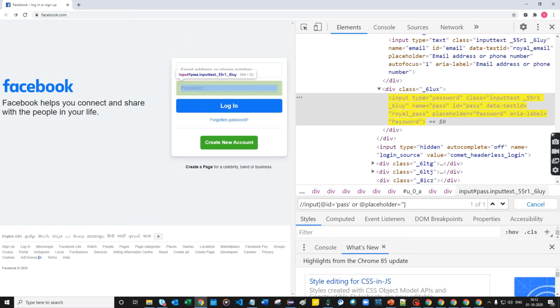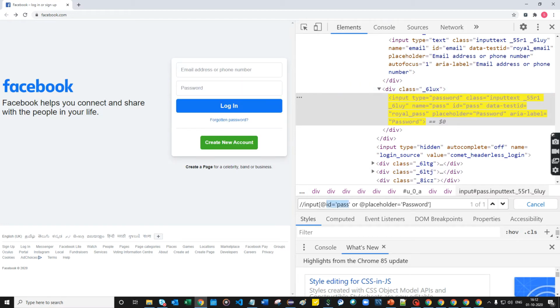Inside I'm going to give password. So whether the ID locator or the placeholder locator, whichever attribute is present on the text box, that element will be highlighted inside the application, right? Whichever element has ID or placeholder, it will have password, right?